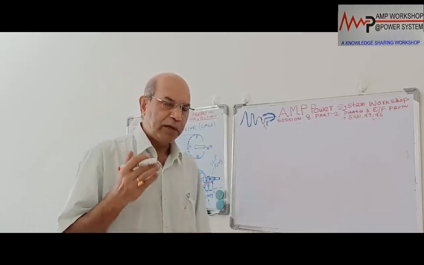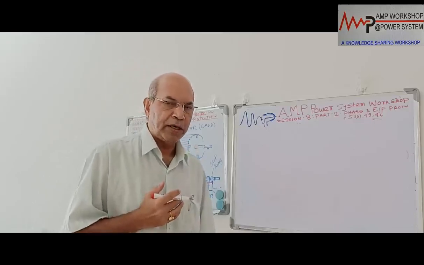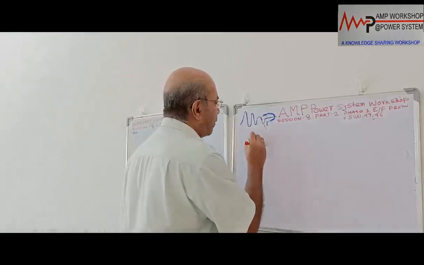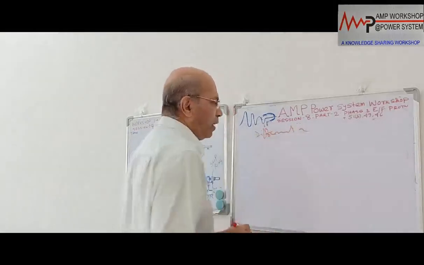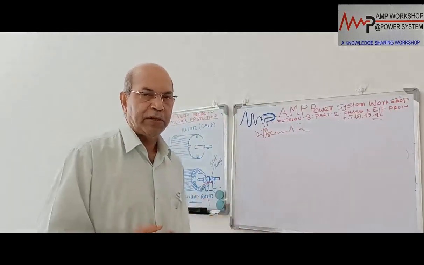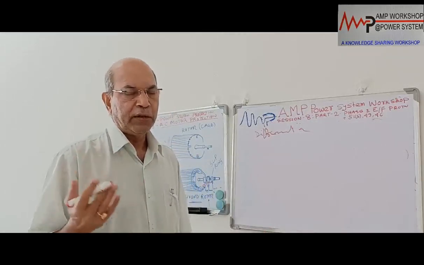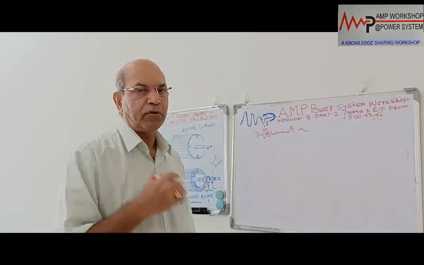And if the motor is very big in size, in that case also we cannot depend only on the instantaneous overcurrent relay. In that case, we go for another phase fault protection, that is called differential protection. Now we have already discussed differential protection for the alternator. Here it is the same principle. In case of differential protection of the motor, we need 6 CTs, 2 CTs for each phase. One is on the motor line side, another is on the motor neutral side.